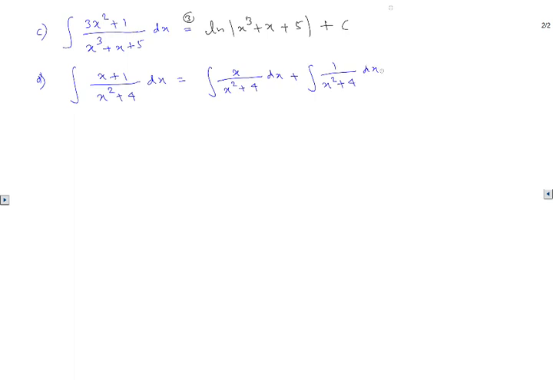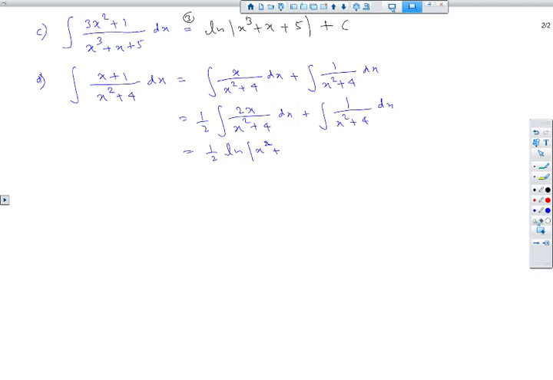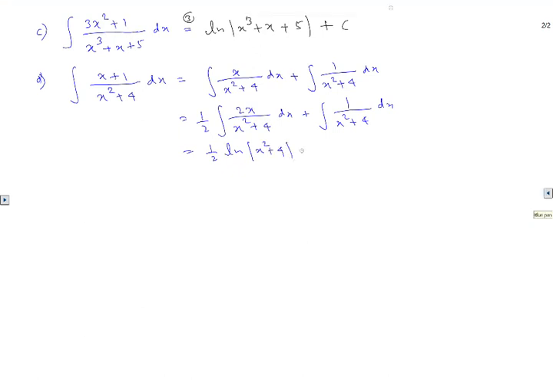Okay, so for now, if you look at the first one, you can see that the derivative of the bottom is 2x. So what we can do is we can have 1/2 times 2x over x squared plus 4 dx plus, I'm going to repeat this one, and then now we can write the answer directly. So this is simply 1/2 natural log of x squared plus 4 plus,